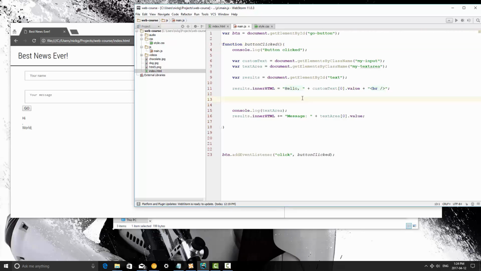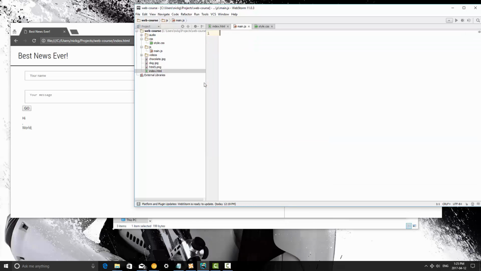All right, so what we're going to talk about in this video is a little more about functions, and we're going to pass parameters into a function. So right off the bat, I'm going to remove all of this because we're not going to be using any of it. Now I'm going to create a function called